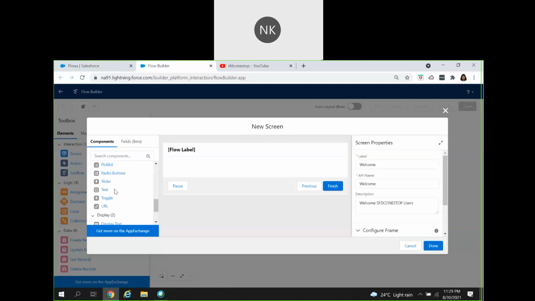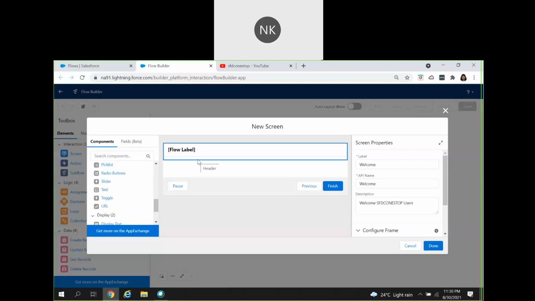Now the first one is a text, first name. I want my users to enter their first name. How are they going to enter it? We can provide a text box wherein they can go ahead and enter the first name. If you want to design your screen so that it looks very good, the UI and UX feeling should be appropriate.